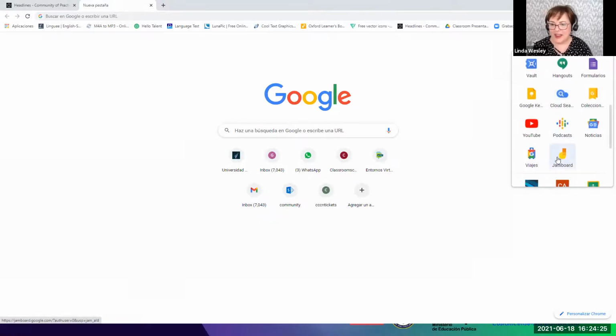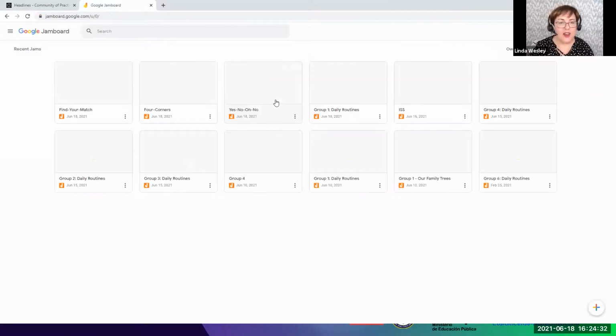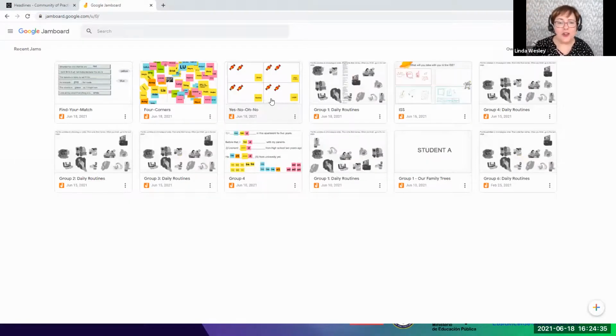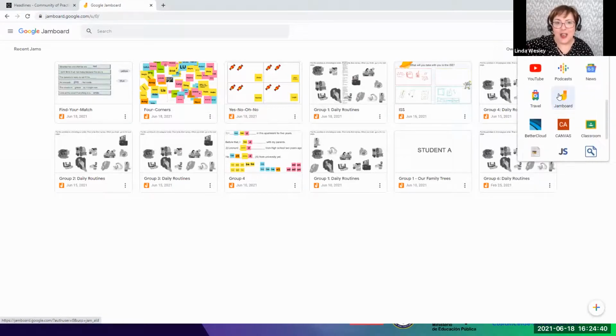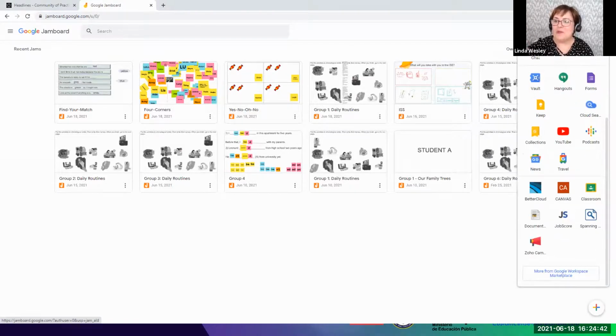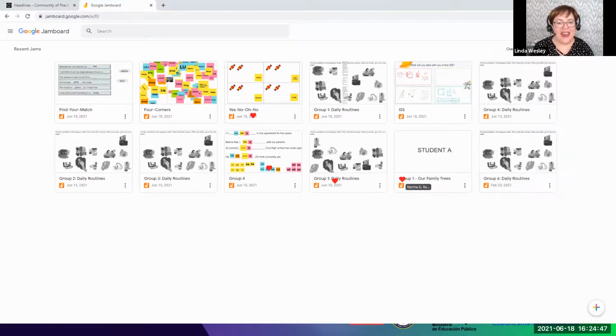So there it is right there. And something I just learned recently, if he wants to click on that, you can drag those icons into a different order, because I was always scrolling down trying to find Jamboard, but you can click and move that. Surprise, surprise. Awesome. Thank you. And so you can see I have a lot of Jamboards here for my private lessons. I don't even know what all we've been working on recently, but it's wonderful.